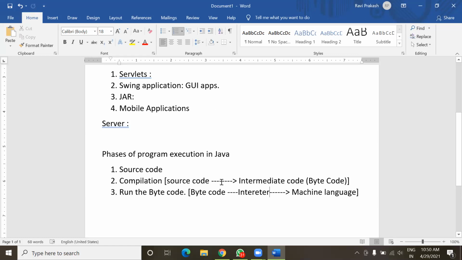It is required because in Java we have one advantage, that Java is platform independent. So why does Java become platform independent, and other languages are not platform independent? We'll see this answer in our next class.